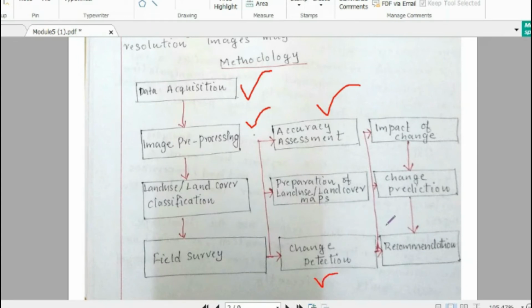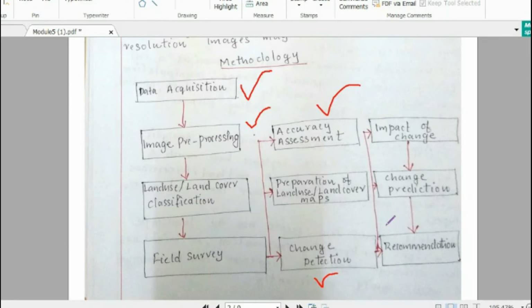So as I said in the beginning, change detection means, for example, if I collect 20 years of satellite images of a particular area for the purpose of land use and land cover analysis. Say, for example, I am collecting the Bangalore area images from 20 years ago till now.